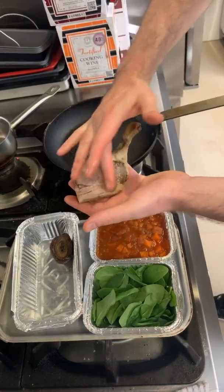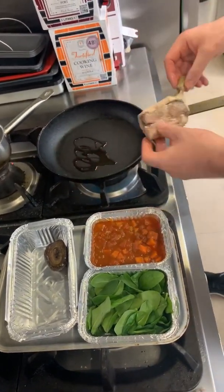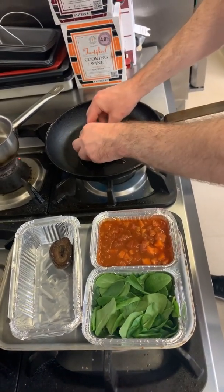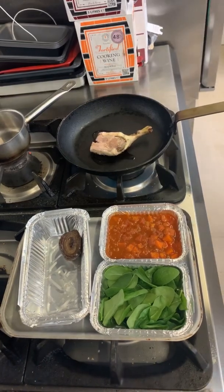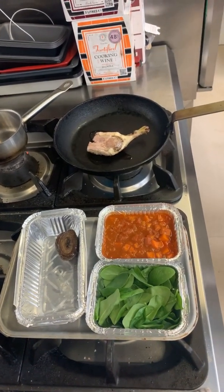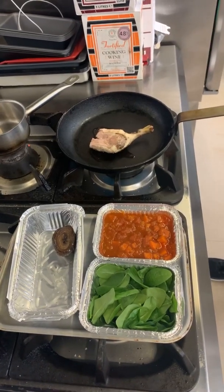So obviously the flip side, that's all your meat there, so you want to sort of protect that. And it's your skin side here, which we've seasoned already, so you don't need to add any more seasoning. I'm just going to put that in there, and within about a minute or so, that'll start to crackle and colour. So when that starts happening, we'll then add a little bit of butter, and then we'll